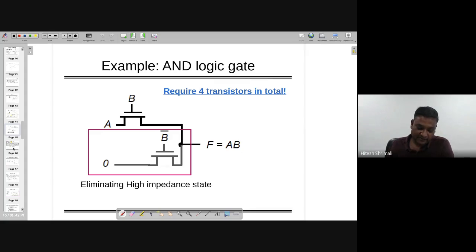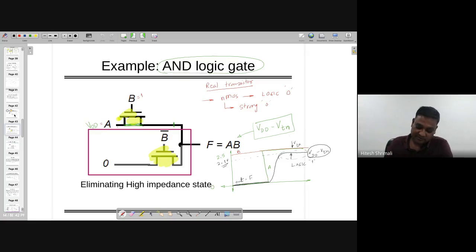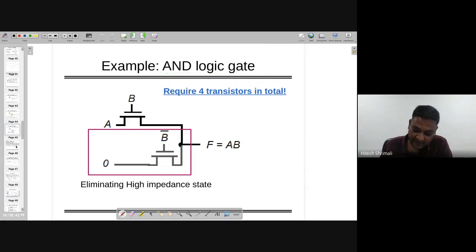And let's satisfy ourselves with this one only. Maybe we can make a different structure, as we have done for the pseudo NMOS technique, where we used DC VSL, where the output was rail to rail. We can use this one with the fact that the output is going till VDD minus VTN only, and in total this requires 4 transistors. Look at this, it requires 4 transistors, not only 2 transistors.